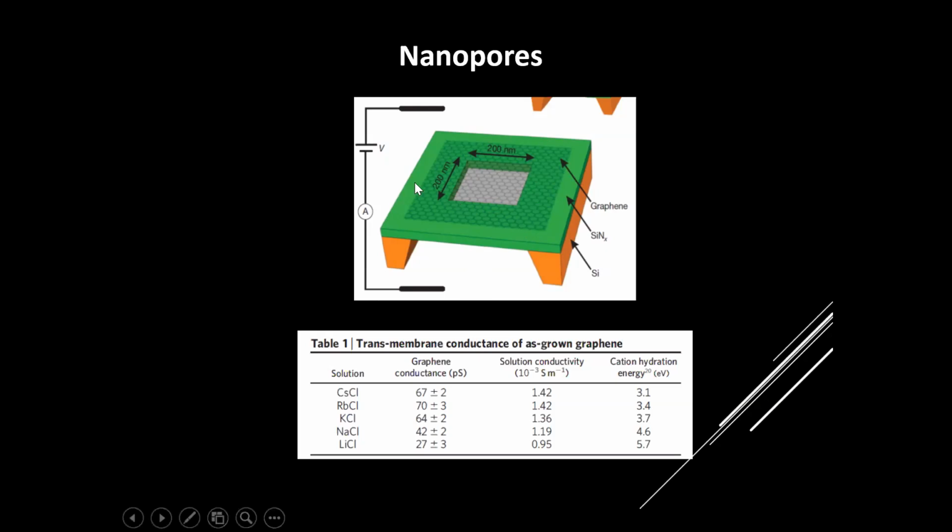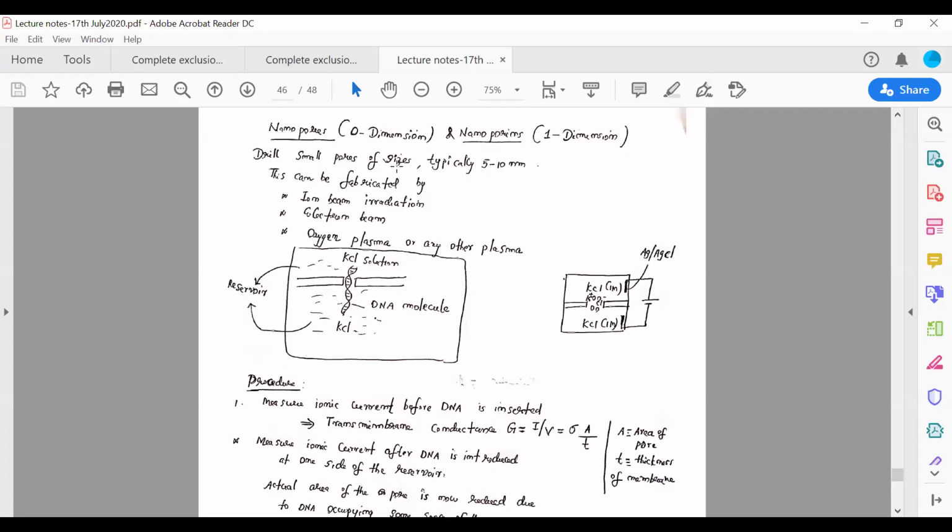Now we know that with ideal graphene there is no transport, so you have to drill something here. You have to drill a small hole, and this is called the nanopore. Okay, let me go back. You can drill a small hole on graphene, because perfect graphene is impermeable to all the gases, all the ions, even water molecules. So no desalination, no transport.